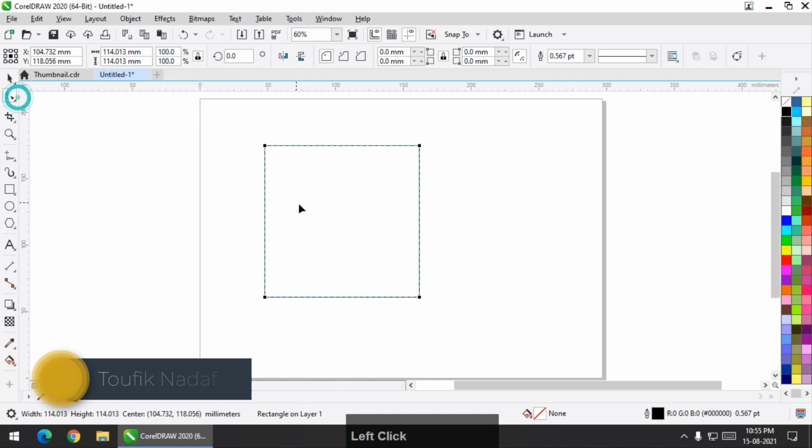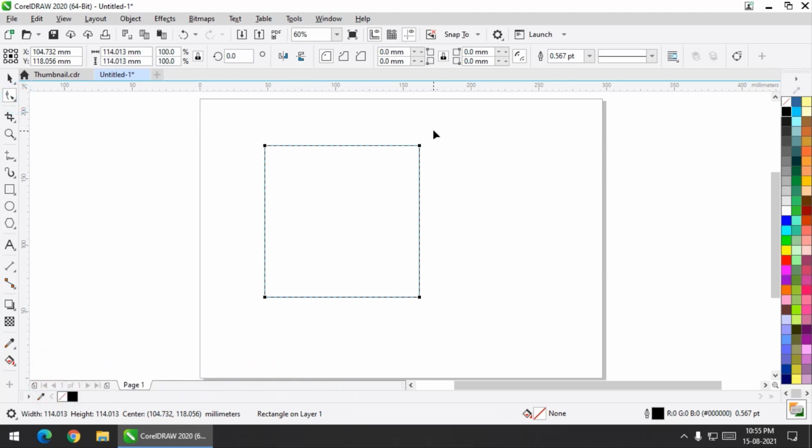Now the important thing here is to use the corner radius. I'm going to lock this so that all the corners get rounded together like this.